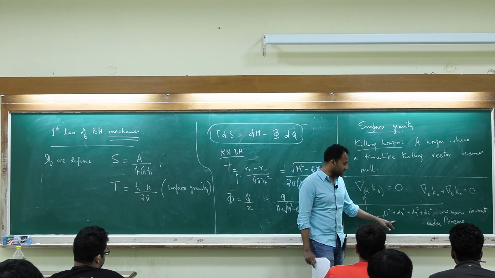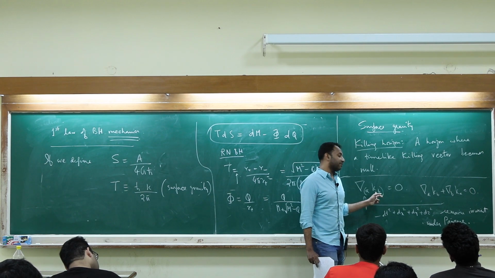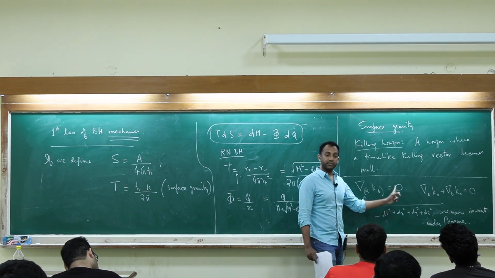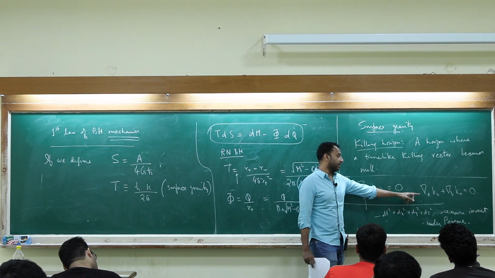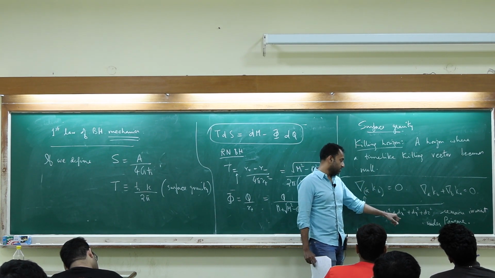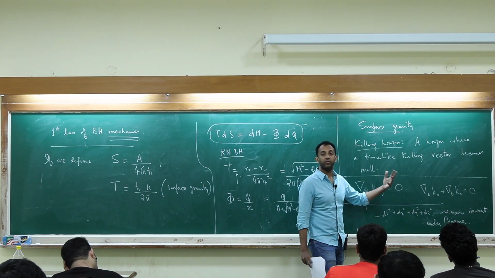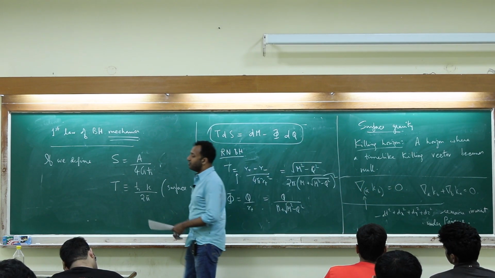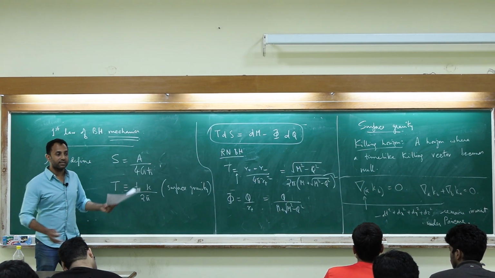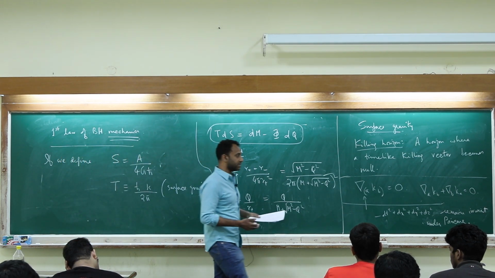Okay, so the claim is that if you can identify a vector which satisfies this equation, then that corresponds to an isometry of the underlying spacetime. Here I wrote it for Minkowski space, but you can try to look for them in other spacetimes as well. And very roughly speaking, solving those equations sounds like a very formal way of talking about symmetries, but